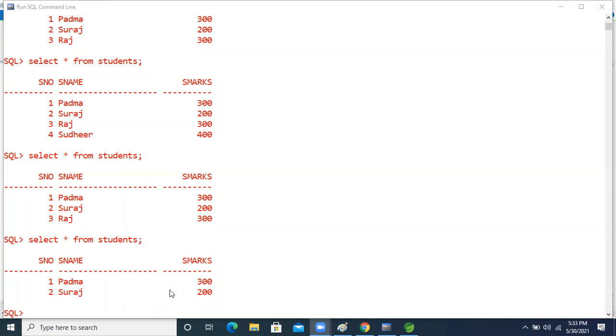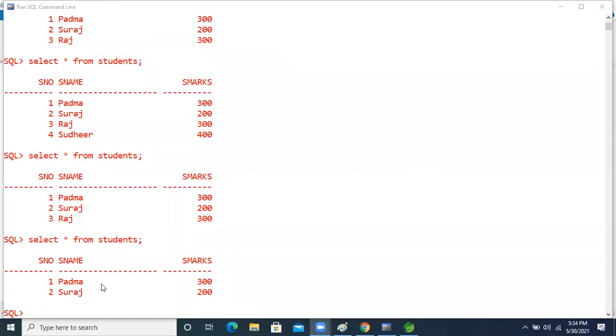So we are giving the facility to the end user to update the record based on the serial number only. Our end user can update the record. Suppose there is Suraj, and the marks are 200. Let's take another person's name in the meeting only, Amrani. Now I'm taking your name, Amrani.